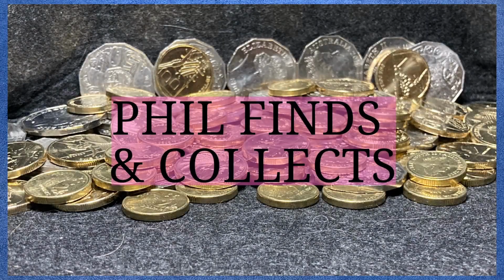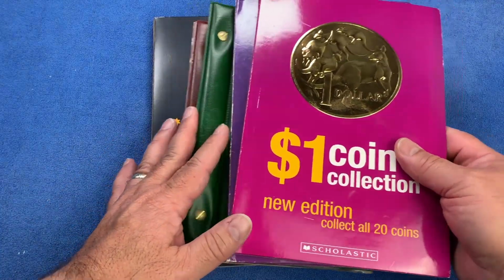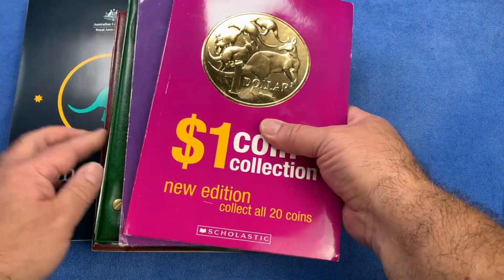Well, you've seen the circulating coins. Now, let's have a look at what I've been able to achieve by noodling through those circulating coins. So let's have a look at my folders. What you see there is a pile of the folders that I've been able to complete so far, broken